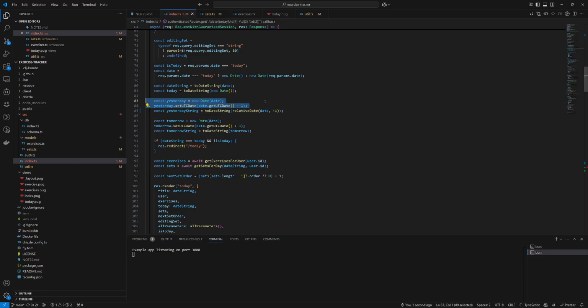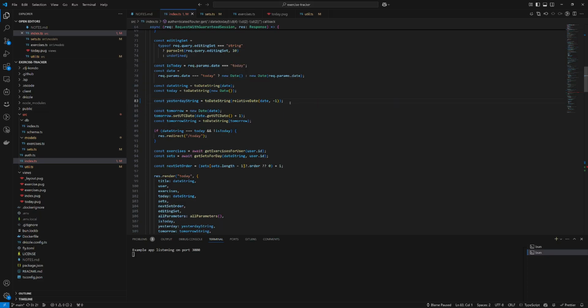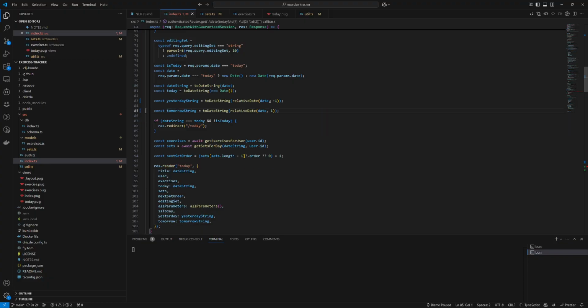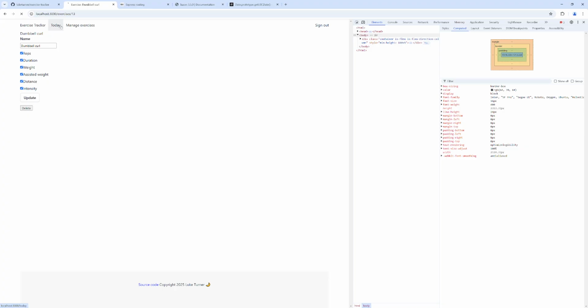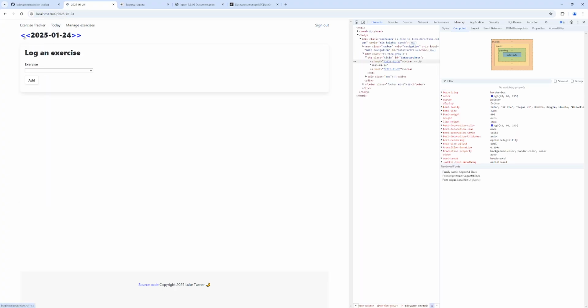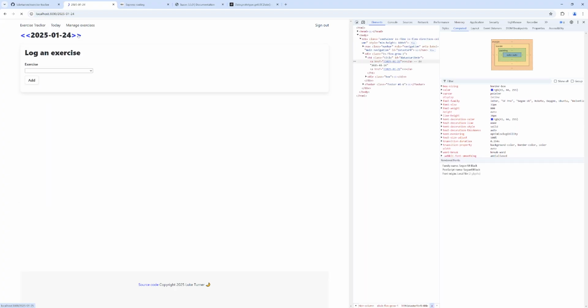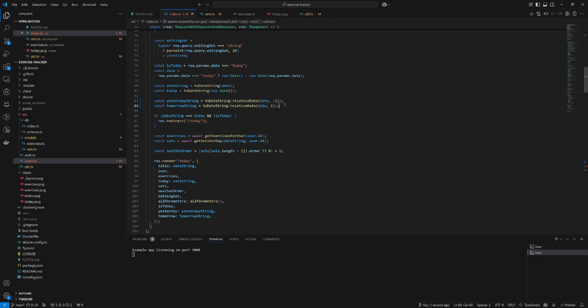And then we can actually get rid of this bit. And then tomorrow is the same thing, but +1, which is just 1. Okay, so that should work. Let's double check that that is working. If we go back to today. Yep. And now we can reuse that logic